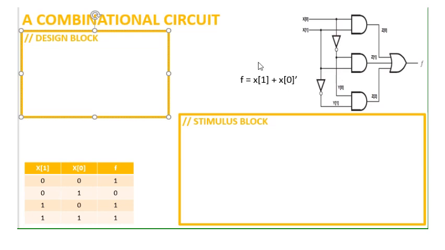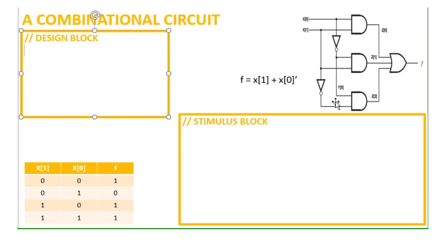And the truth table for the same is also given here. The different thing here is the signals. So far we have seen in Verilog, the signals were single bit wide. But here the signals are multiple bit wide. If you see the example, the input is x, but it is represented as x of 0 and x of 1. So it is a 2-bit signal. F is a single bit output.